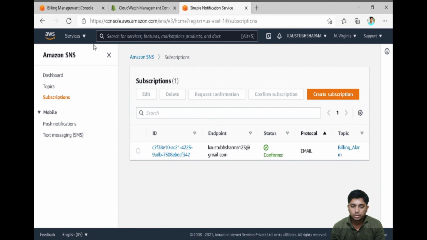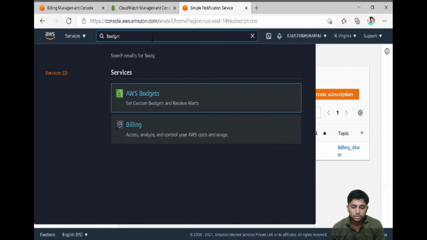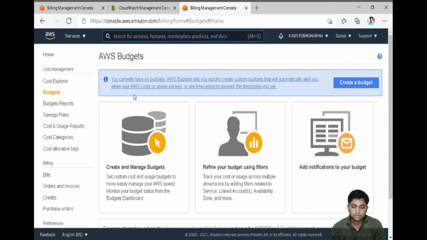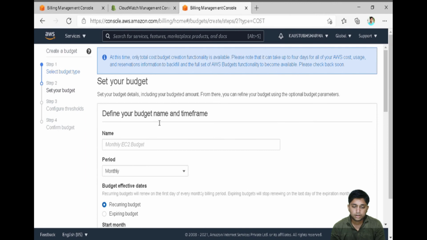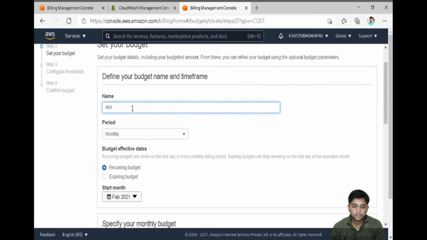Okay, so now quickly move to AWS Budgets. So here click on create a budget. Define a budget name, AWS bill.